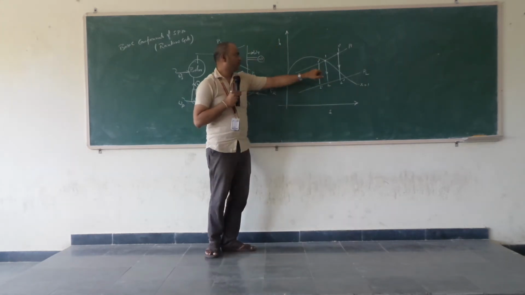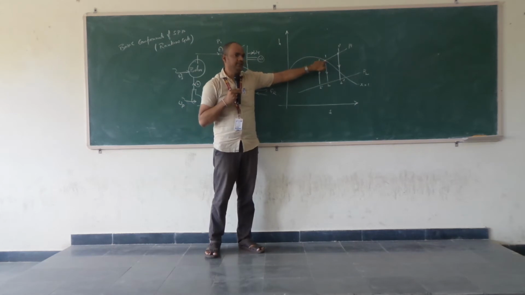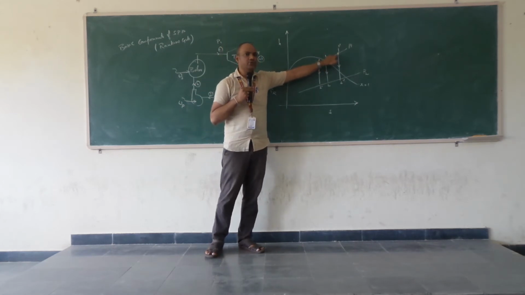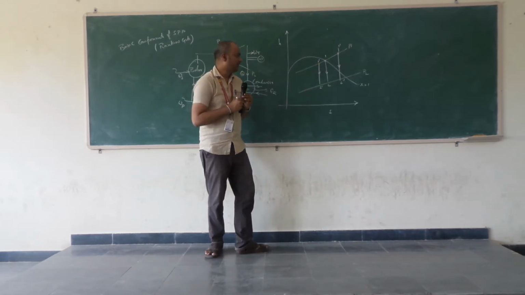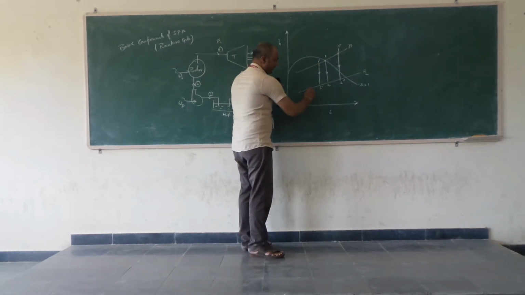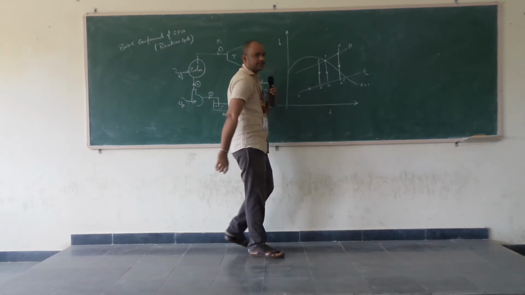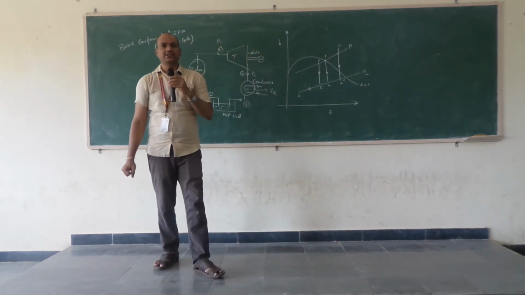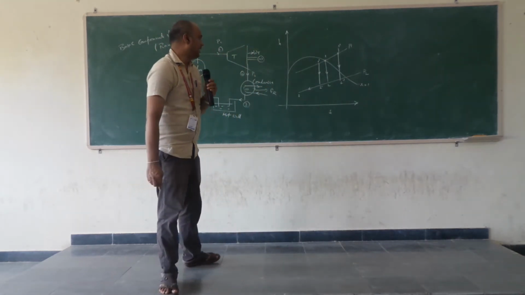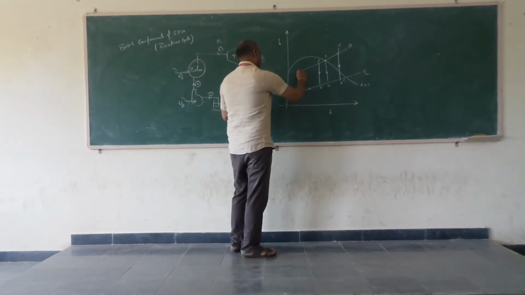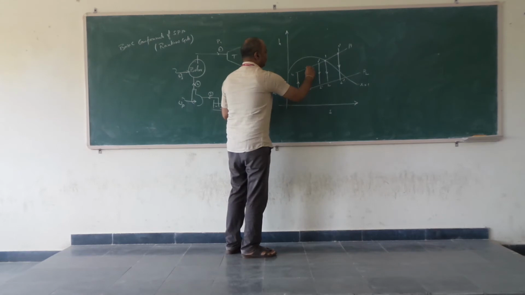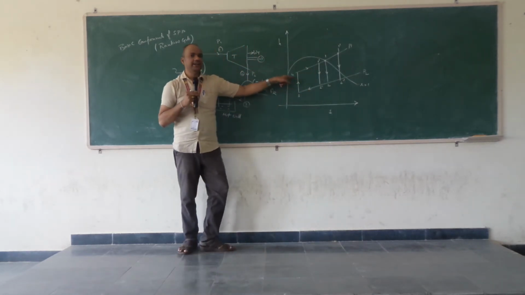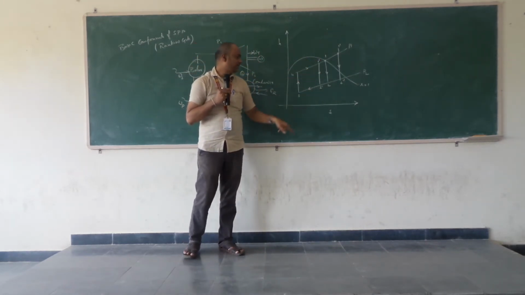So this one is indicating saturated steam, 1 double dash indicating superheated steam, and this 1 dash is indicating wet steam. From 2 to 3, this one is the condensation process inside the condenser, and then 3 to 4 is the compression process inside the pump, and then 4 to 1 is indicating again the heating process inside the boiler.